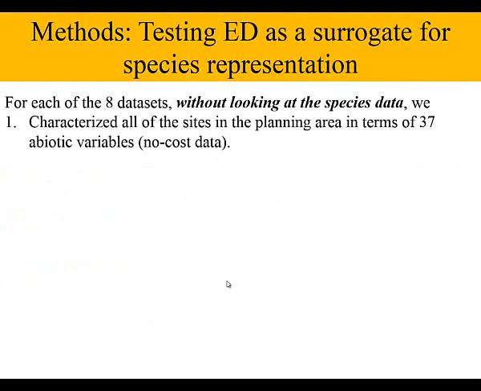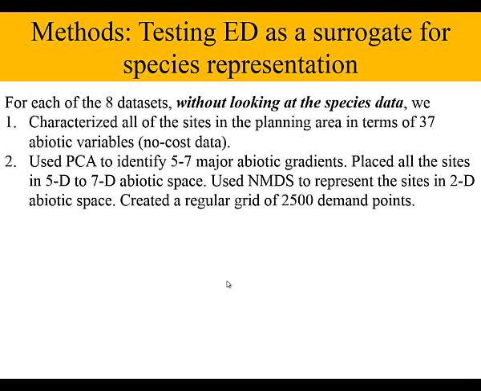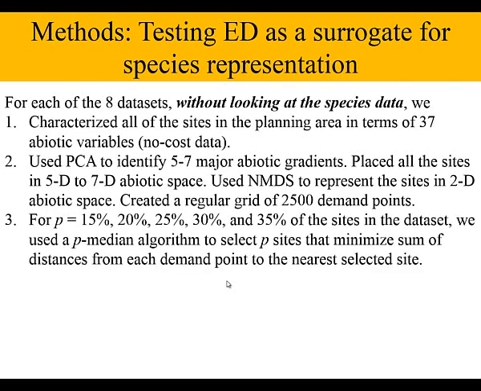So here's our procedure. Basically, without looking at the data, we did what I described before. We characterized all the sites in terms of their values for these 37 abiotic variables. We used PCA for each data set. There were 5 to 7 axes with eigenvalues greater than 1. So we placed all the sites in that 5D to 7D space. We used NMDS to collapse them down to 2D space. We created a regular grid of 2,500 demand points. And then we used the p-median algorithm at different levels of